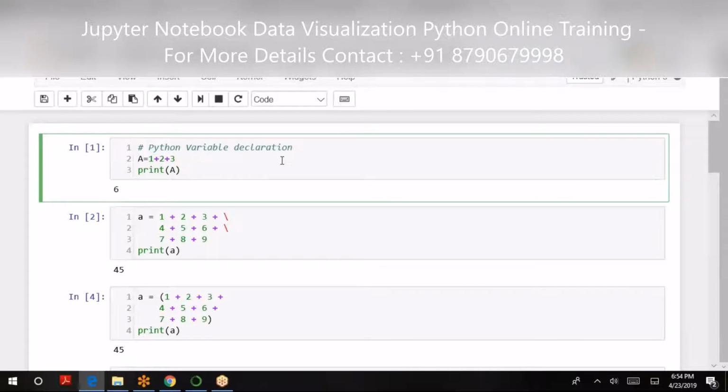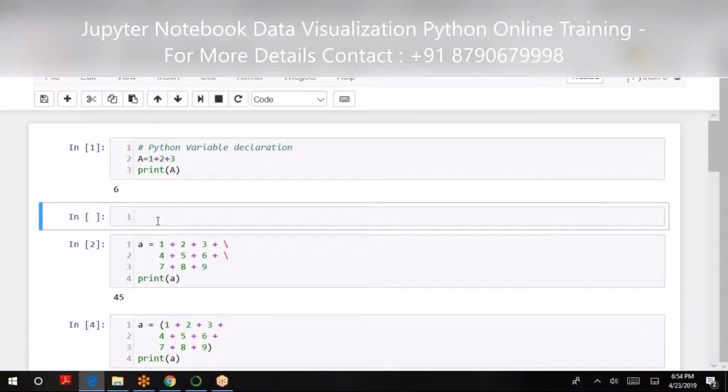Okay. So a basic variable declaration in Python. And beforehand, maybe, how Python is being used as a computing tool. Definitely it's quite popularly used for scientific and numerical computations. Apart from it, it is used for machine learning and regression analysis applications. Third, it is used for data visualizations and data interpretations, as various types of graphs and charts are possible. And the fourth is integration of Python to various platforms.